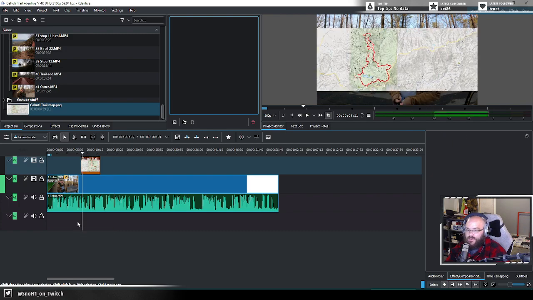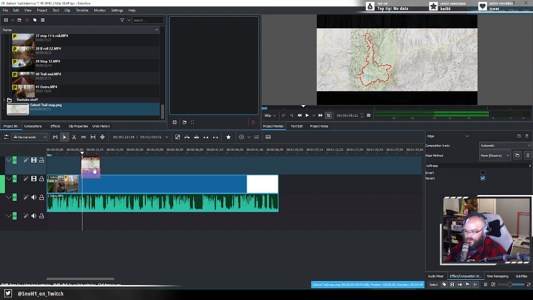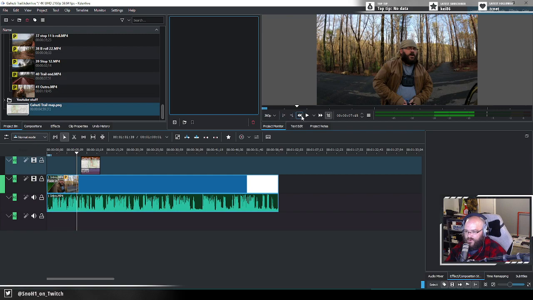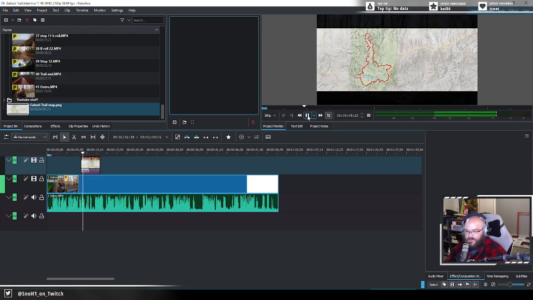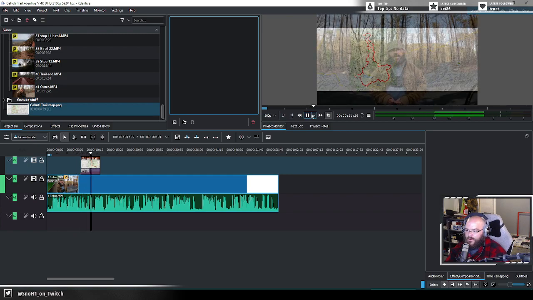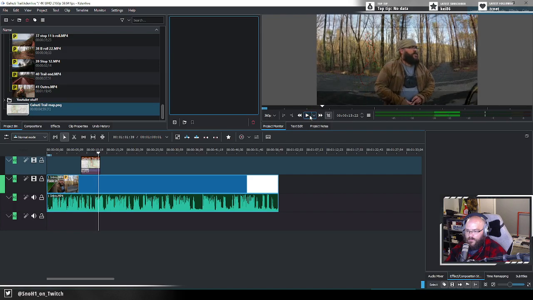Otherwise, it's just going to be like that. Which I'm kind of okay with. Wait, what does that do? I have no idea what that does. Trail in Fort Mountain State Park, Georgia. This is going to